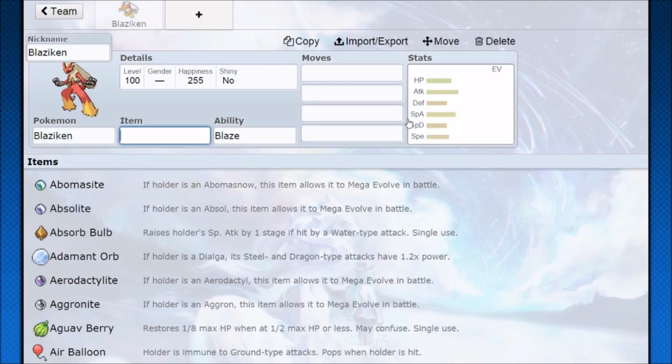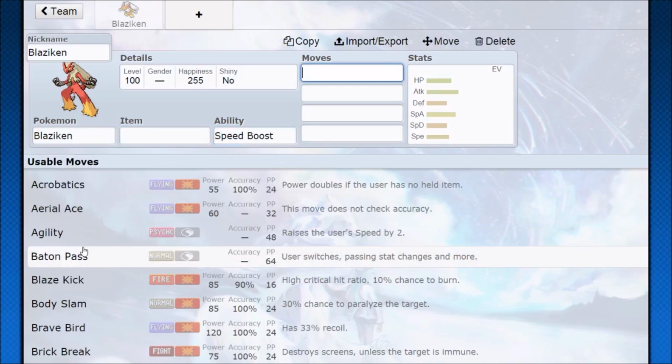Alright, so number 4 is going to be Blaziken. So Blaziken, this Pokemon is a very interesting Pokemon to talk about, because its Mega Form and its regular form kind of do the same things. Blaziken has a lot of different diversity paths, it can go for multiple layers of setup, it can go for just outright damage, and with its Speed Boost hidden ability,